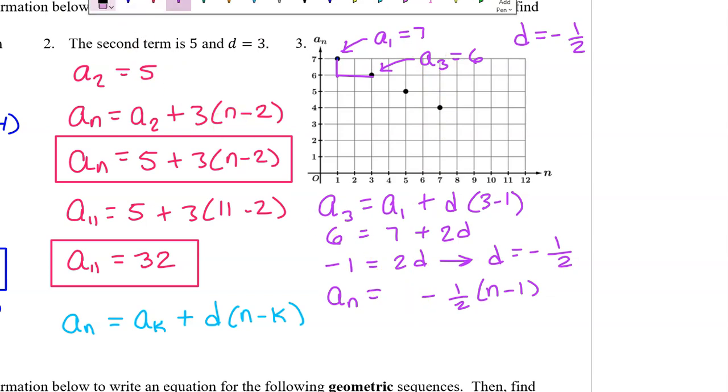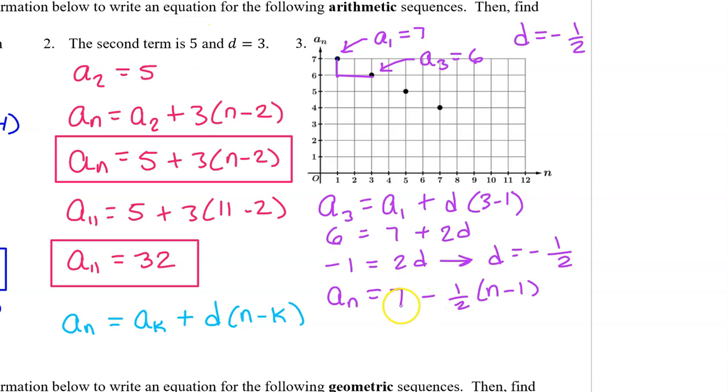We know that A1 is 7. So guess what? This is the rule. This is the equation for the arithmetic sequence. And now we can find A11,